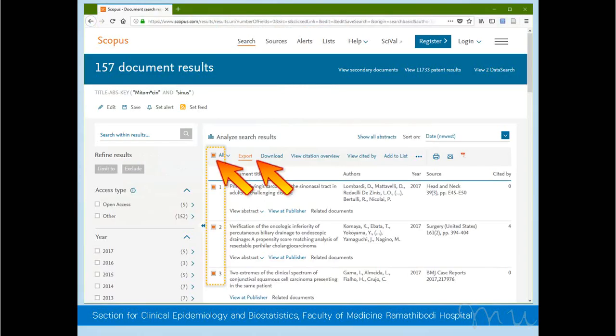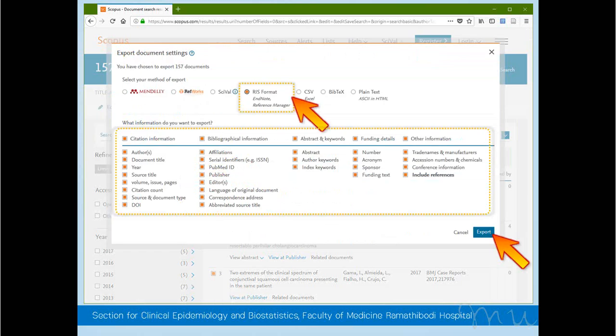Okay, and this one is what we did. You have to select this option, and you can have all of the results. If your result has like 100 also, you can just export all to the EndNote program. Okay. And don't forget, sorry I didn't put it here, that if you click on include all reference,